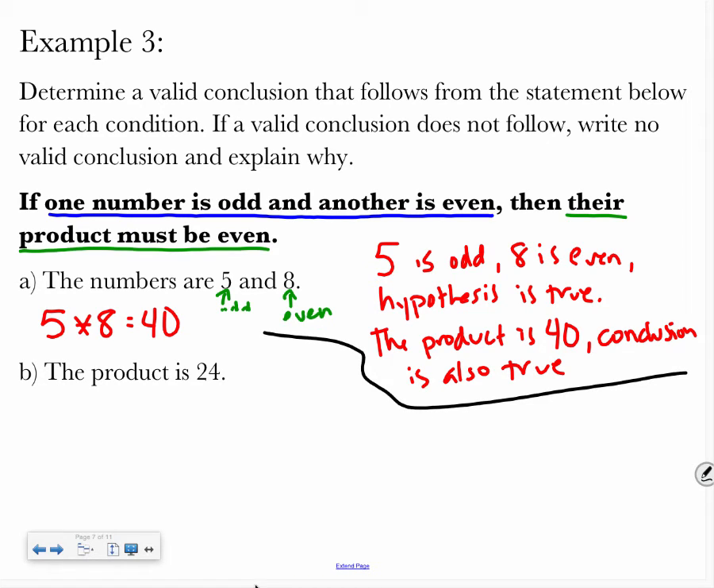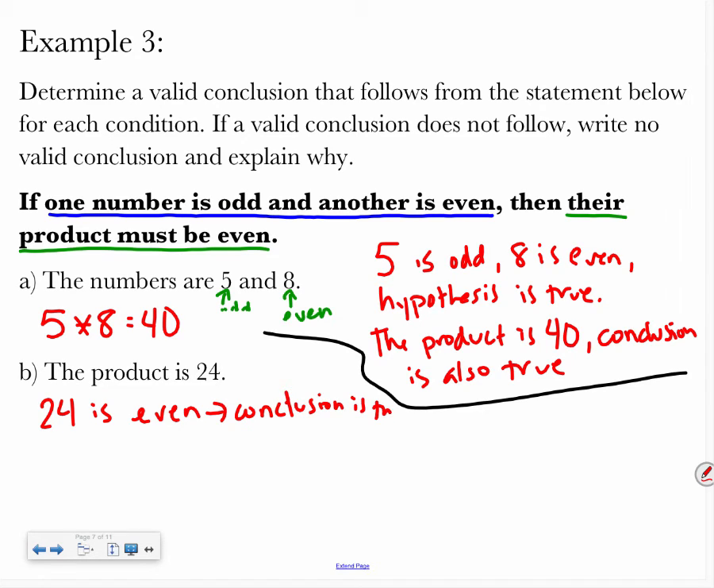Now let's take a look at the next one. If one number is odd and another is even, then their product must also be even. So if we look at letter B, the product is 24. Okay, so it's jumping to our conclusion. It's telling us that our product is 24. Is 24 an even number? So 24 is even. So our conclusion